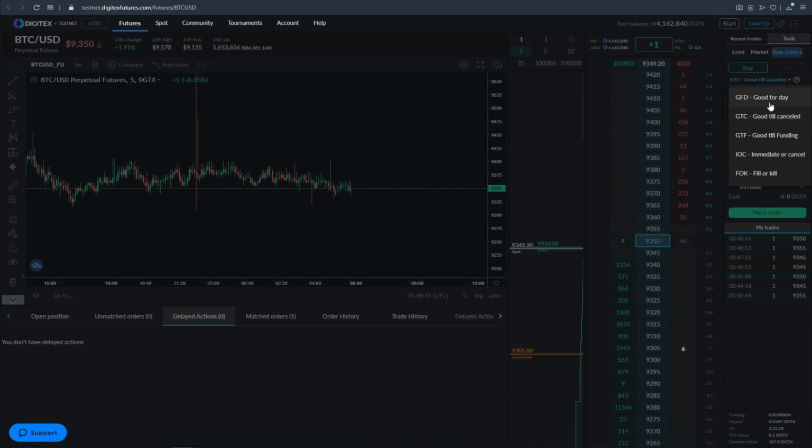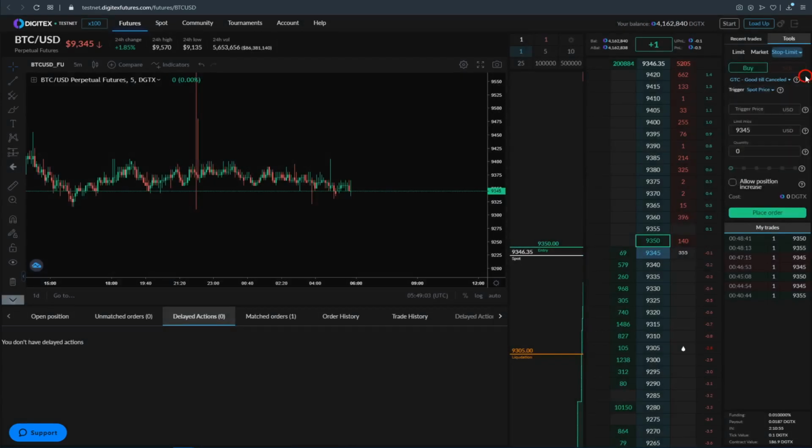You can do good for the day, so it'll cancel at the end of the day. Good till funding will actually cancel before the funding interval is up. If you come down here in the bottom right, you can see how much time you have left in your funding interval. It's every 8 hours. There's like 2 hours and 11 minutes left right now. Immediate or cancel, what that means is